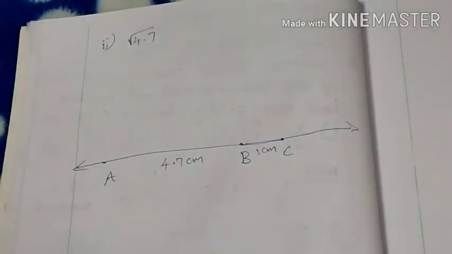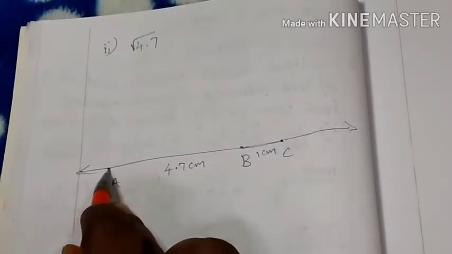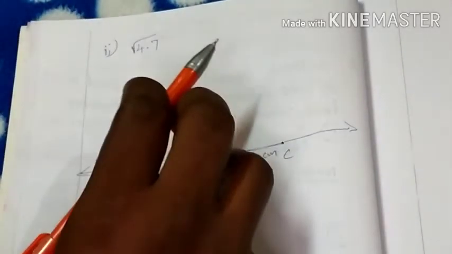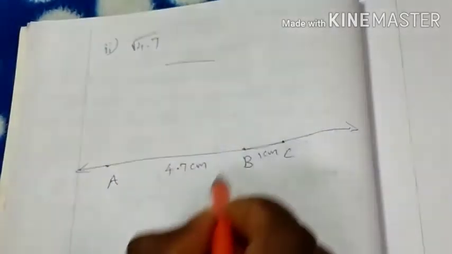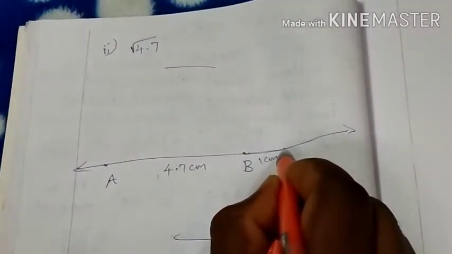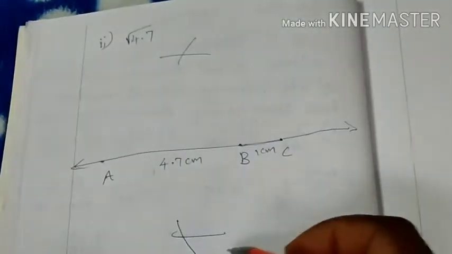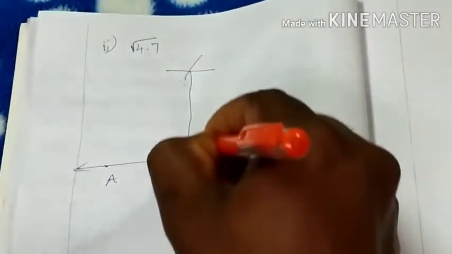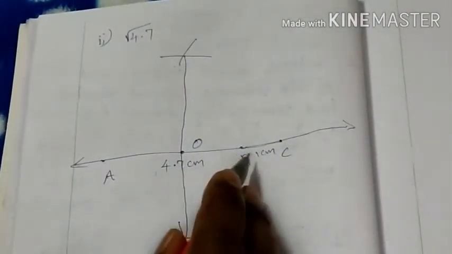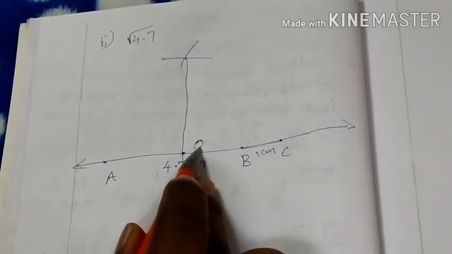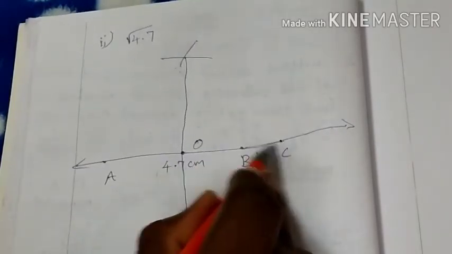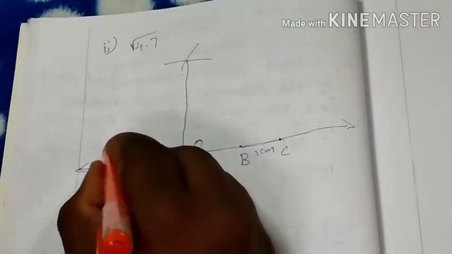Next, draw the perpendicular bisector to find the midpoint of AC. Consider AC. Take a measure of more than half of AC. Put the sharp edge at A and draw an arc above and below the line segment. Now put the sharp edge at C and draw an arc intersecting the previous arc. Join the two arcs, and we get the perpendicular line, intersecting the line at O. Then with OC and OA as radius, draw a semicircle.